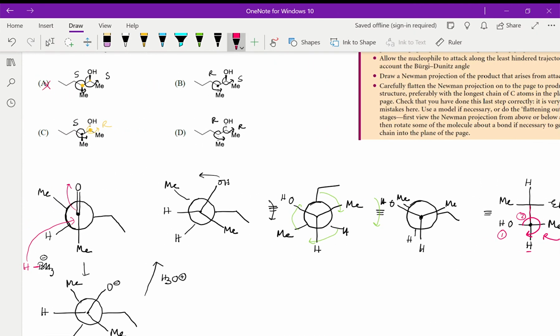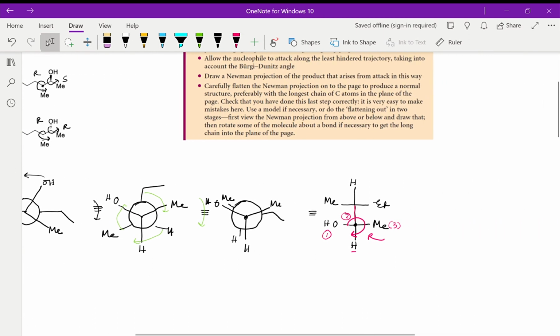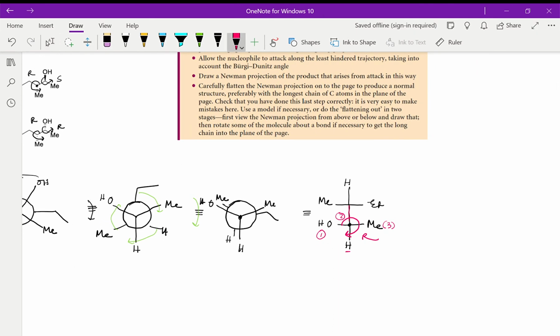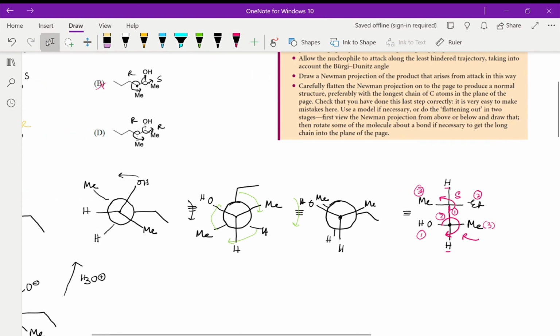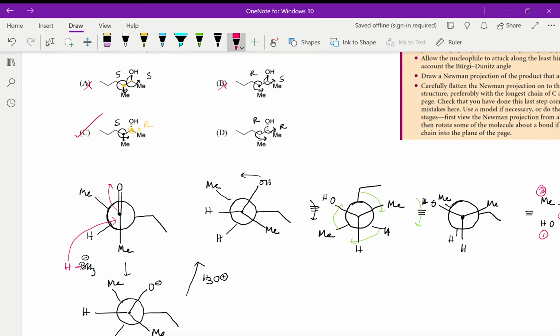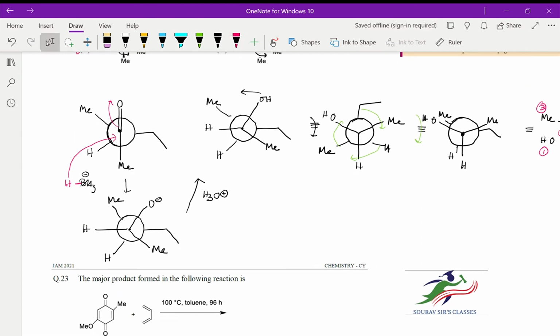So here, if you check, obviously this one and that one cannot be the answers. Answers will be either C or D. Now let us do for this one. So again, this end is going to be our 1, that is going to be 2, that is going to be 3. So if you are going in that direction again, so basically you are going in the anti-clockwise direction, and the hydrogen again over here is lying below the plane. So obviously this will be your S. So we will say this is R and S, and hence C is going to be our answer over here. Okay, I hope that clarifies this question that was made.